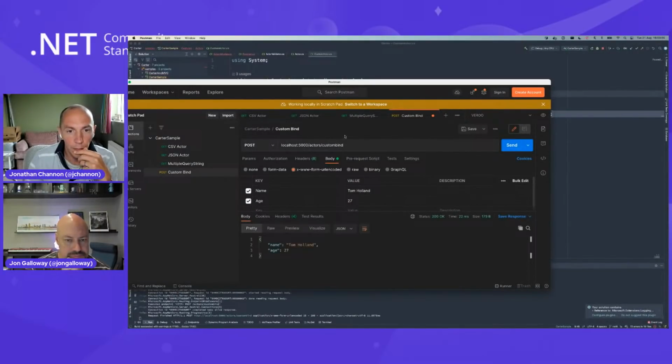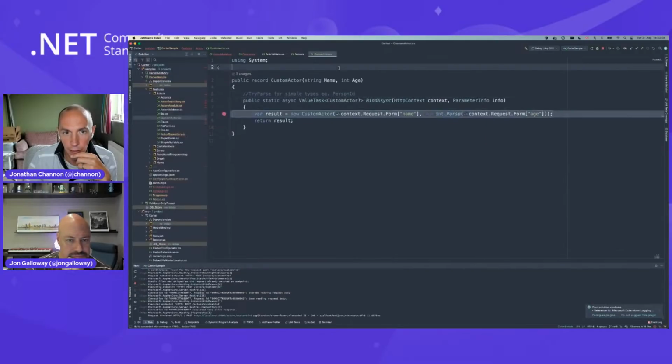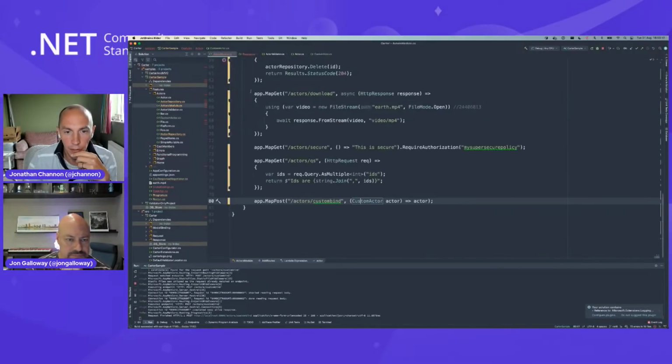And so by default, I think that would return a 400. But because we have our custom binder, we create our object based on the form name and age. And in our route, we simply return this actor. And so this is another feature of minimal APIs, in that this is our return object, and that will by default do a JSON serialization.